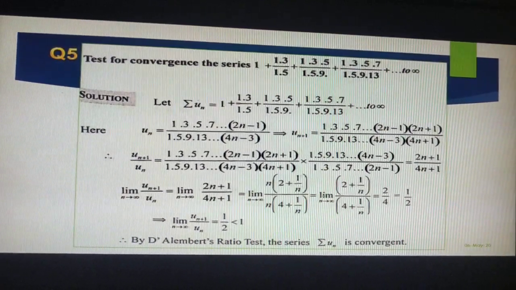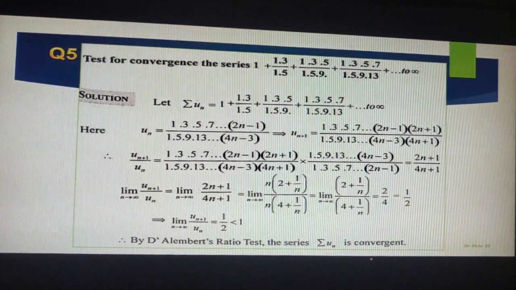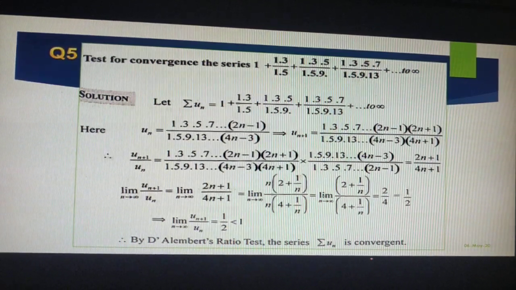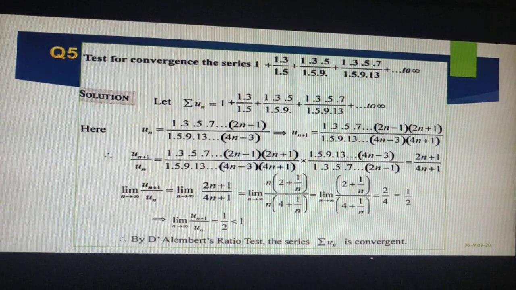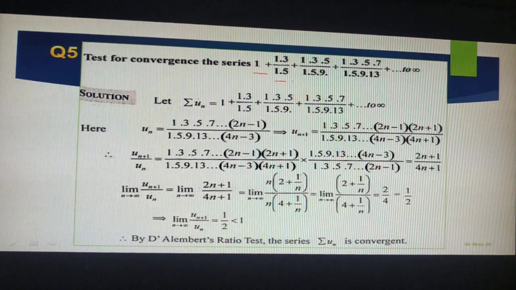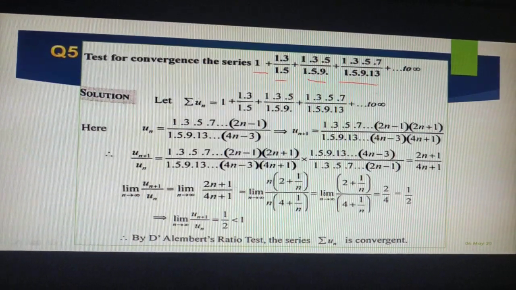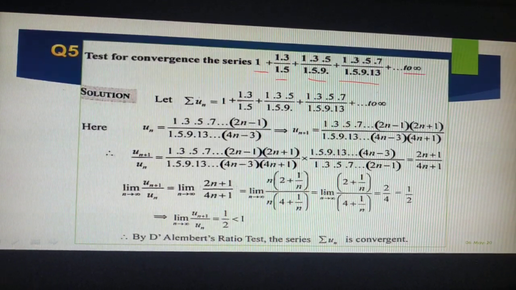See this problem, as I said, writing your nth term is the only difficult part. This you will overcome by doing as many problems as possible. Okay, so if you see this particular problem, here I have the first term, second term, and in each term I am going to add one more value. If you observe, each term again looks like a series. It is going to form some particular series, and it goes up to infinity.